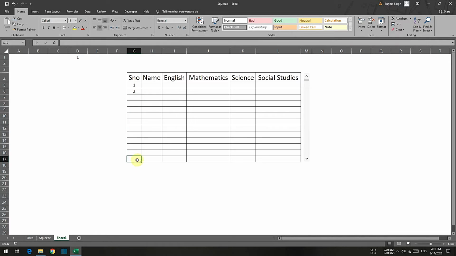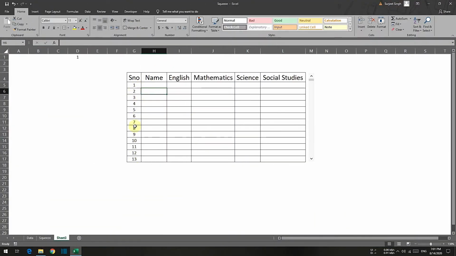I will select the last cell, select it till the second number, and press the Ctrl D shortcut. Once again, if you want to know about shortcuts, you can check my previous videos wherein we discuss all these shortcuts in detail, and also VLOOKUP and other important functions. Now as you can see, I have numbers available here from 1 till 13.